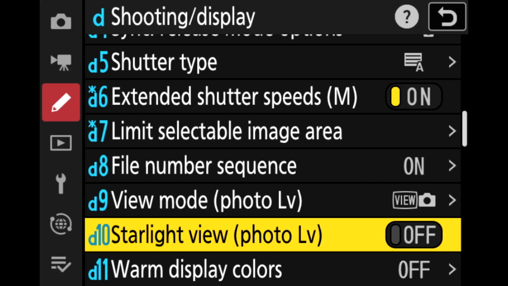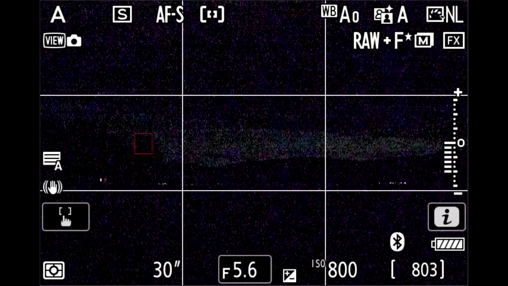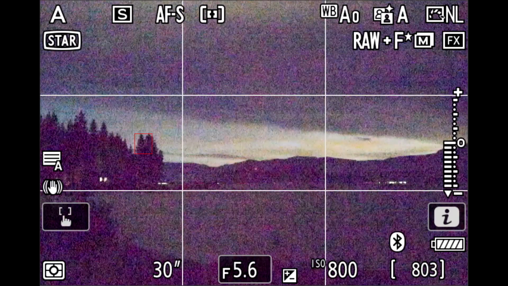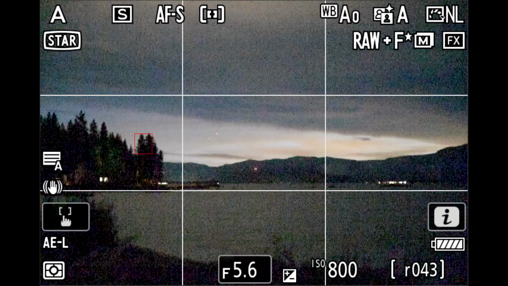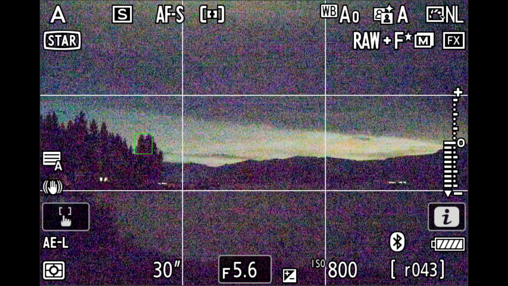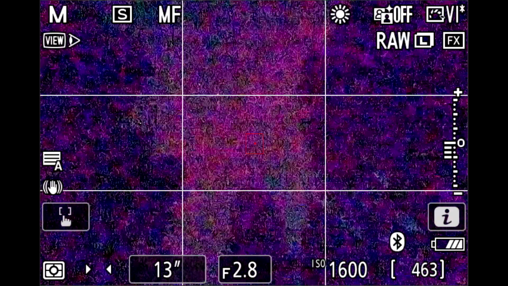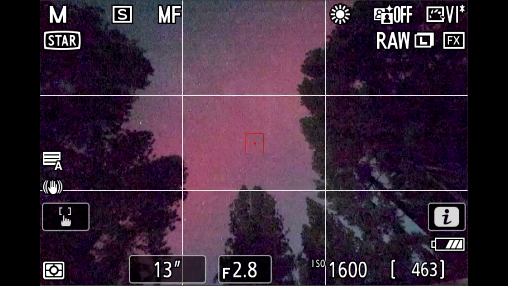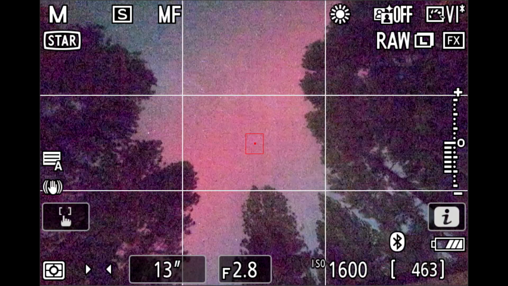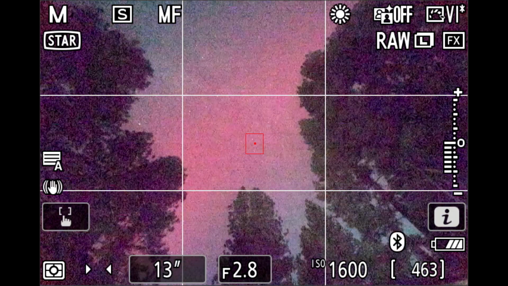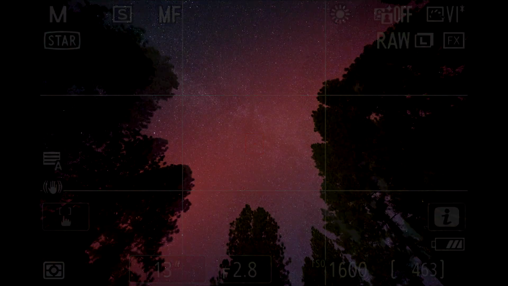If you're in extreme darkness, you can turn on Starlight View, which is the next option in that menu. And the camera's really going to slow down. It's going to gather as much light as it possibly can from what's there and kind of pile that up and add it onto one another so that you can more easily see your composition in the monitor. Because it is slower, you may want to compose a little bit slower. Give the camera time to catch up every time you change your composition. But you will find it a lot easier to not only see your scene, your composition, but also focus in